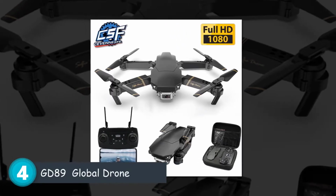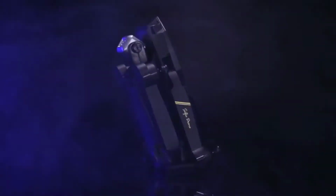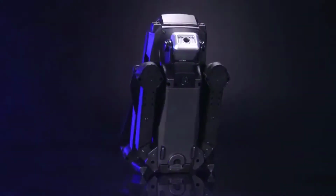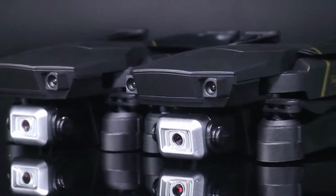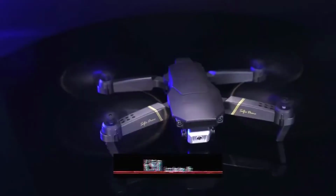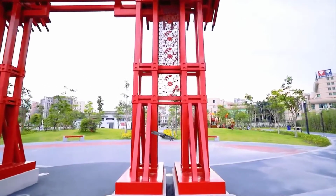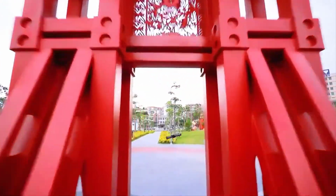In 4th place, the best drone is the GD89 Global Drone. The GD89 is a smart quadcopter that serves beginners as well as experienced users alike. However, its most notable feature is the camera. This is the perfect solution for anyone that wants a high-quality aerial camera to capture their outdoor activities. First, it is affordable. Considering all the features that it comes with, we can say the price is a real steal. Now, this price is